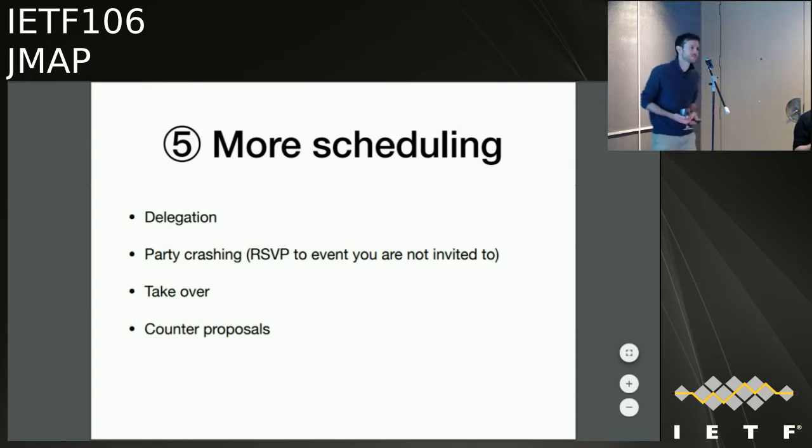Just out of curiosity, are there any implementations of this stuff other than in Fastmail? Of the JMAP calendars, I'm not sure of the calendars yet. There is of JMAP mail, but not yet. I'm not aware of JMAP calendar implementations. This is all much newer, and we will talk to some people and see if we can persuade them. To be fair, Fastmail's not implementing most of the stuff. We haven't implemented most of this yet. So there's zero implementations, which is exactly why I said I think we need some implementation experience before we can say for sure, this is right.